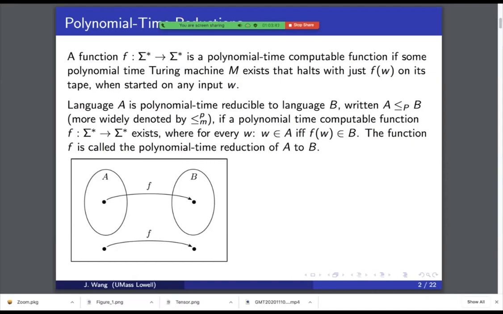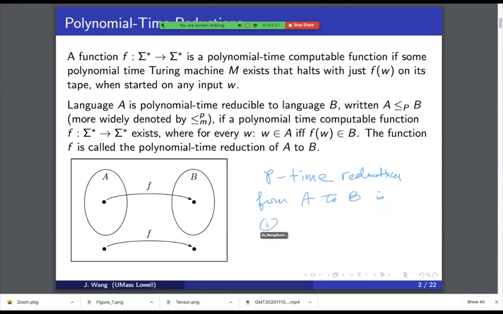So polynomial time reduction is a reduction plus a polynomial time bound for computing that reduction. Let me write that here. Polynomial time. Sometimes we use P time, so let me just use P time to denote polynomial time to save some writing. So a P time reduction from a set A to B